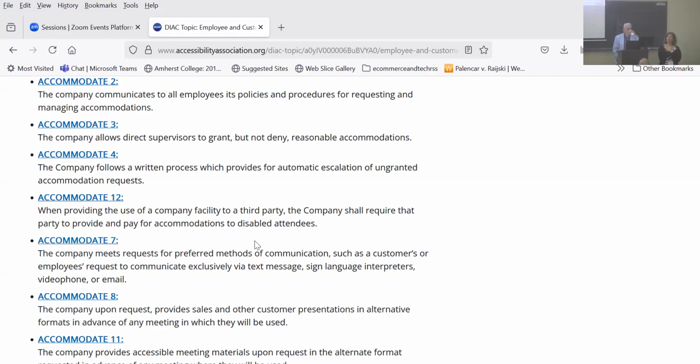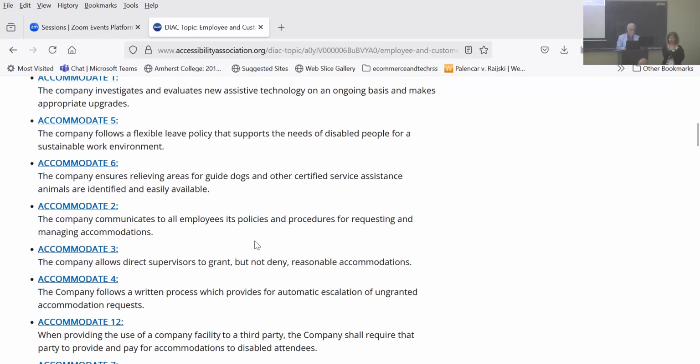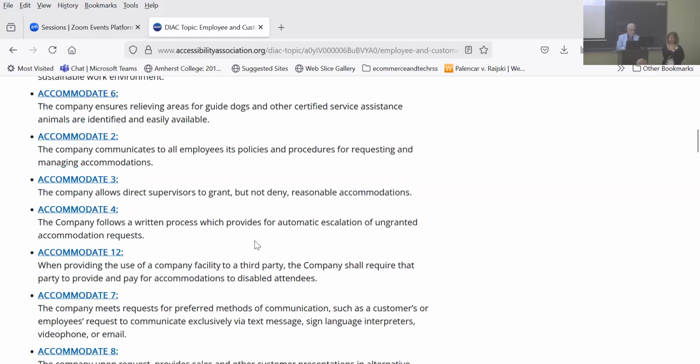The other thing about centralizing is that oftentimes an employee does not want to disclose to their manager that they have a disability because of the stigma associated with disabled people being inferior or of lesser quality, or other things that are just systemic of our society. And so by centralizing it, we find that moving the request to an HR person or to someone not associated with your individual working environment, your department, is often beneficial as well. I think that's exactly right.